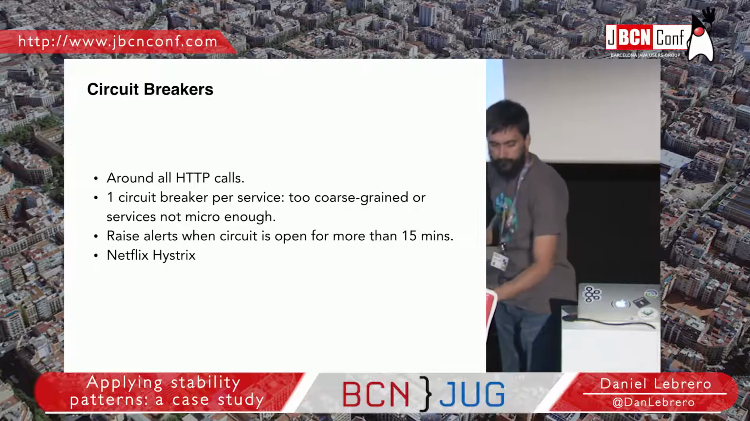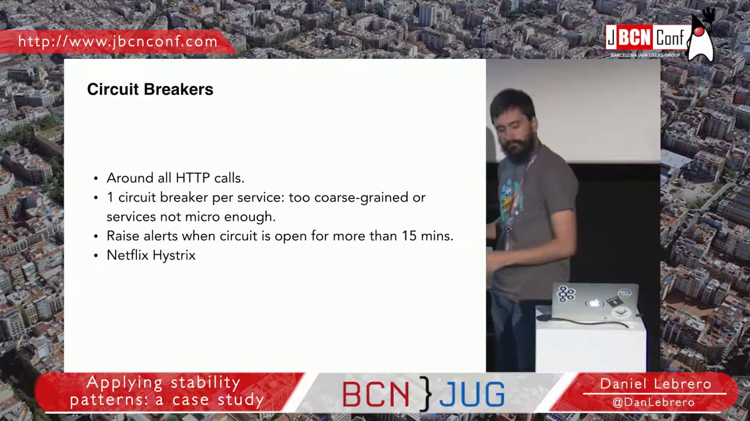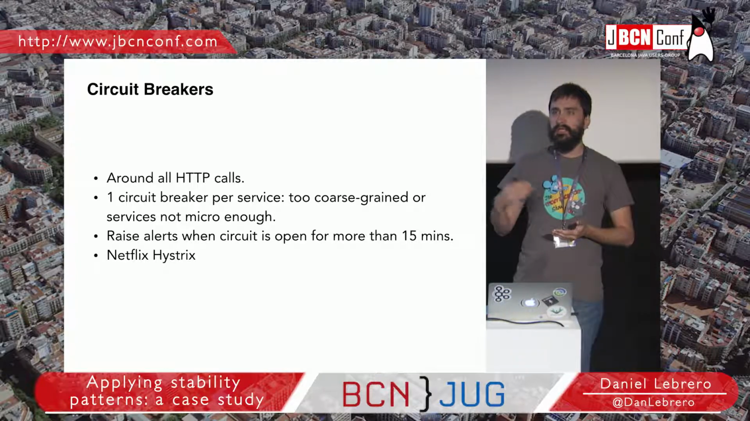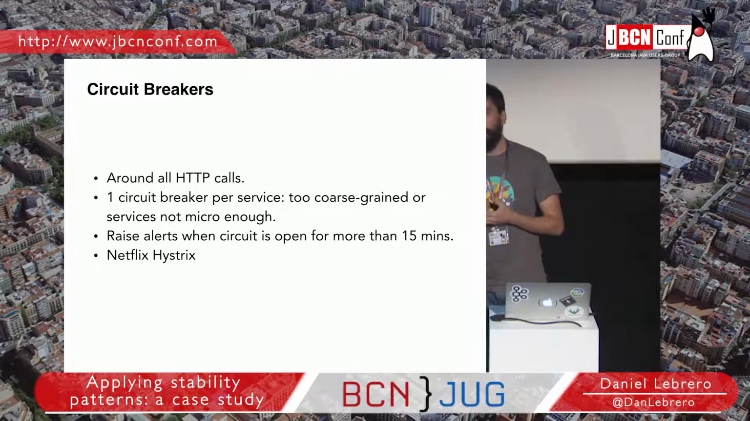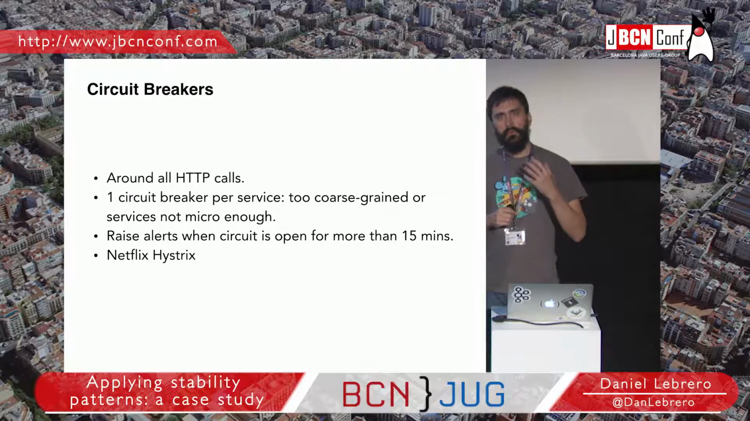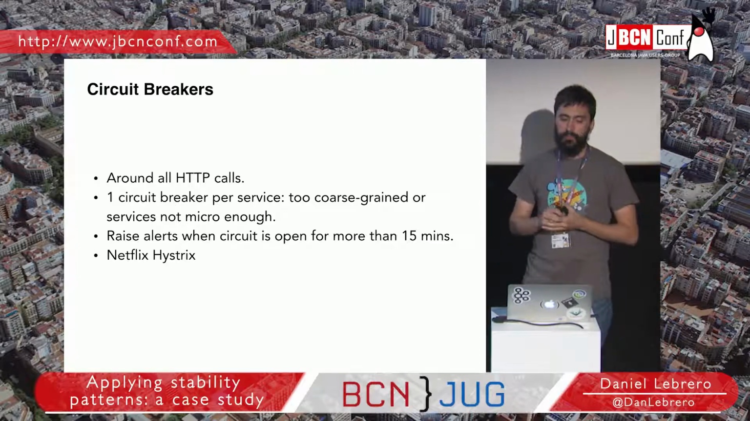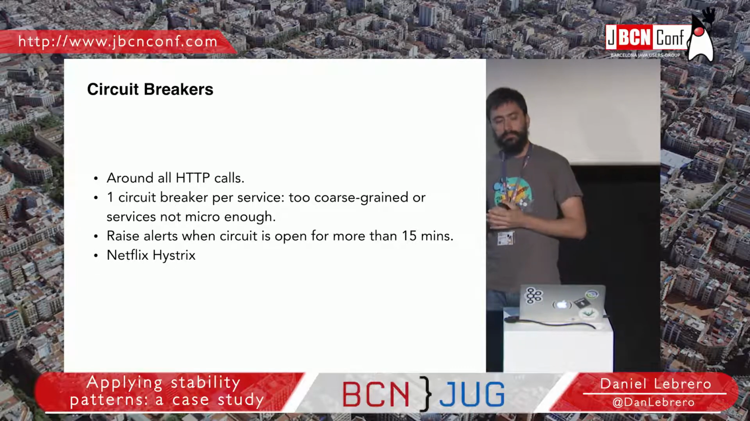So we use circuit breakers around any HTTP call that we make. That way, we are protecting our application from a slow service. We have one circuit breaker for each of those internal services that we call. Now we have found in production that